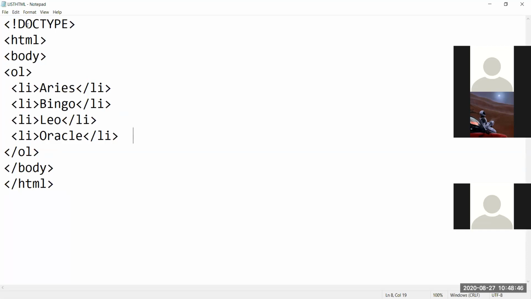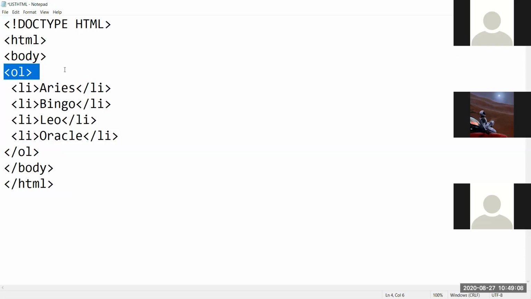So this is the first list, OL. This is a common tag. HTML common tag, the doctype you can specify here is HTML. Now this is the HTML main tag, then the body tag. Under the body you have to write always. This OL represents the ordered list. In the ordered list, OL is the main tag. Under that, LI represents list.